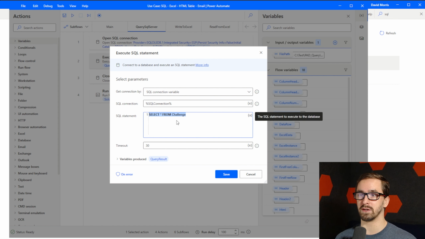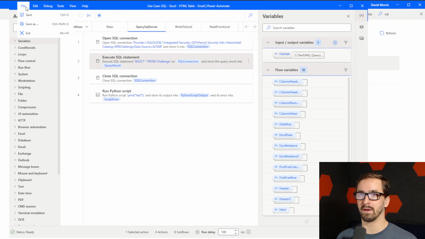So before it was just black. It was just a bunch of black text like select star from challenge. But now it's highlighting keywords like select and from. And that's kind of just a user experience kind of thing. It's not a functional change. And I like user experience and quality of life changes. I'm all about that. Please, for goodness sake, though, Microsoft, they implemented syntax highlighting before they